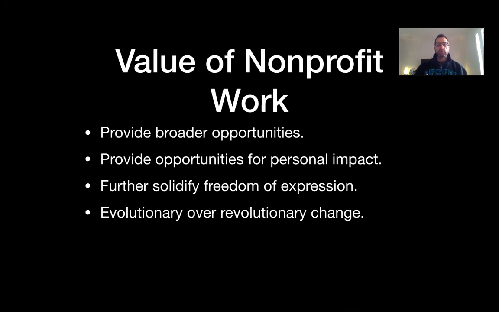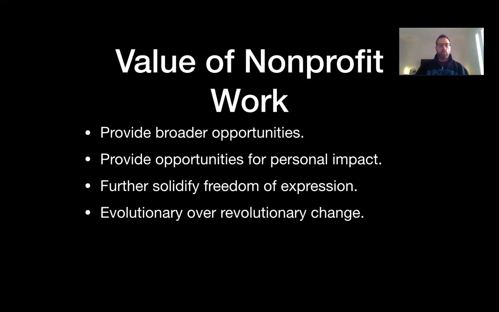It provides opportunities for personal impact. So you're going to work on a personal mission statement. And part of that is going to allow you to uncover the personal impact you can make. And so nonprofit work allows us to go beyond just the X's and O's or the profit and loss, but it allows us to see opportunities that we can be impacted personally, and then we can impact others personally. To me, there's no greater win in my life than when I see personal impact. And nonprofit work allows that and creates opportunities for that.